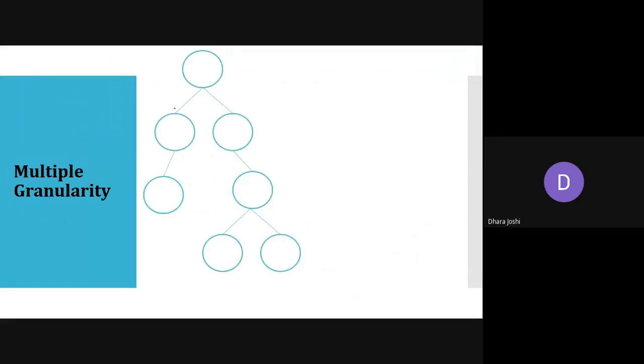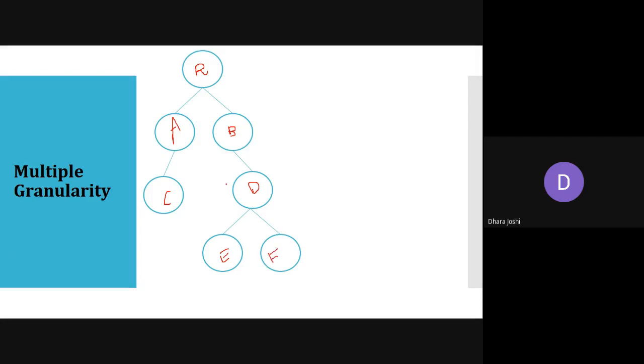Okay, now we'll see the concept of implicit and explicit. Suppose we have this kind of tree structure where this is the root node. So I am writing R here. This is the root node. It has two children, A and B. A has one child C, B has one child D, and D has two children, E and F.